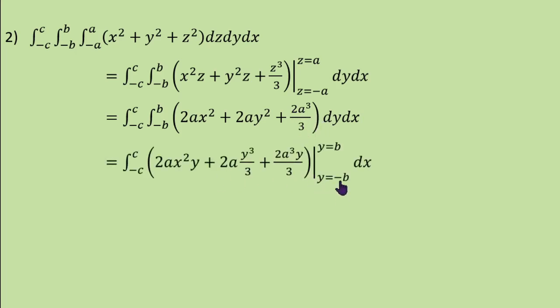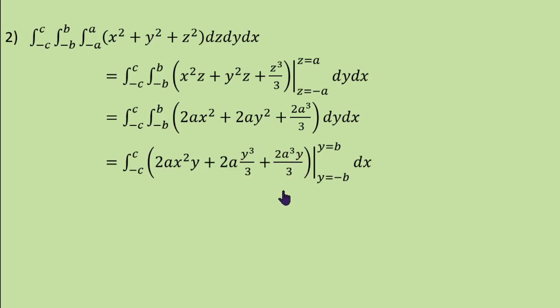And limit of y is from minus b to b. b minus minus b is 2b. 2a into 2b is 4ab x square. Here b cube minus minus b cube is 2b cube, therefore 4ab cube by 3,